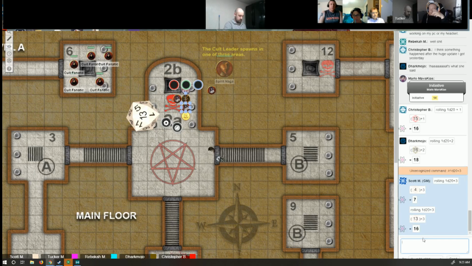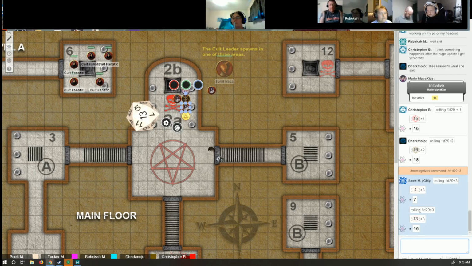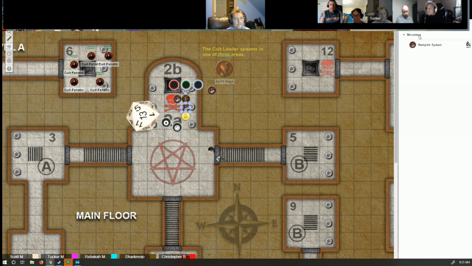Next would be... So actually Brindle was first. You were no longer surprised, but you didn't get to go. Then Chris. Becca, what was your initiative? 13. Okay. So then Marlo, you're no longer surprised. Mist, you're no longer surprised. Full Moon's no longer surprised, and then it's its turn, and it is going to